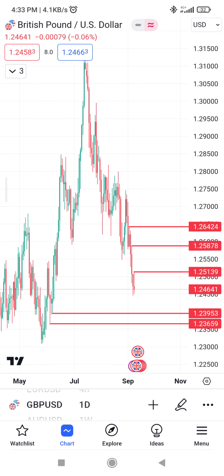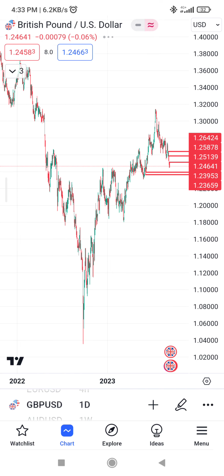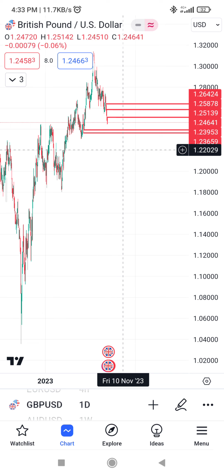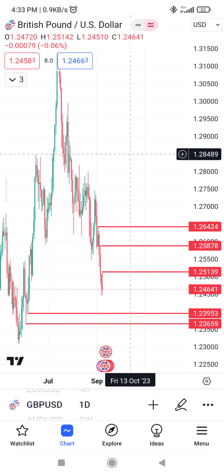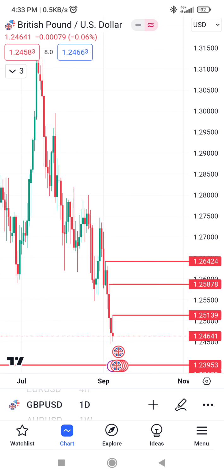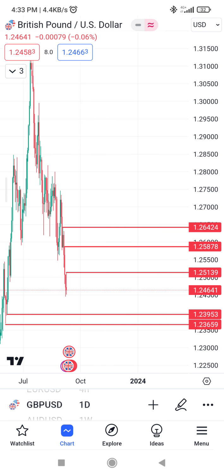A series of higher high, higher low, higher high, higher low, right? But in the long run, until this low is broken, we are still in an uptrend. But presently, on another time frame, like the 4-hour time frame, we are still on a downtrend. Okay, good. So now that we have marked this, for you to see that a liquidity is